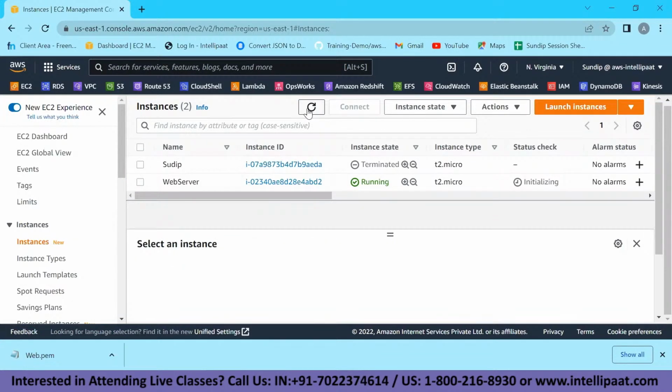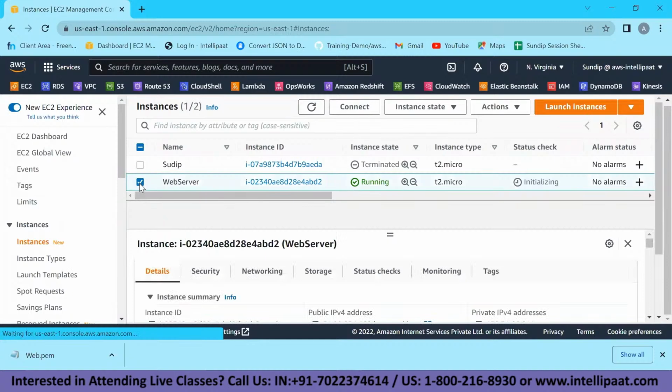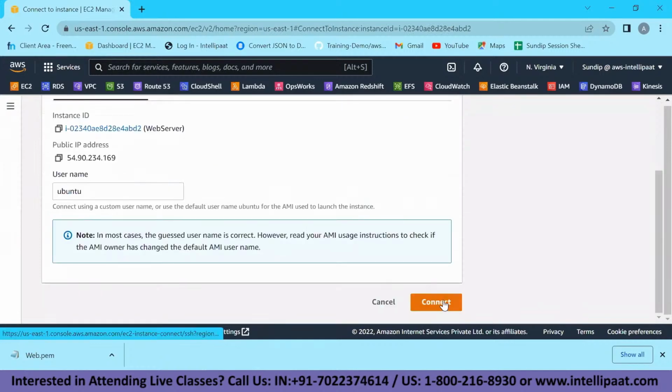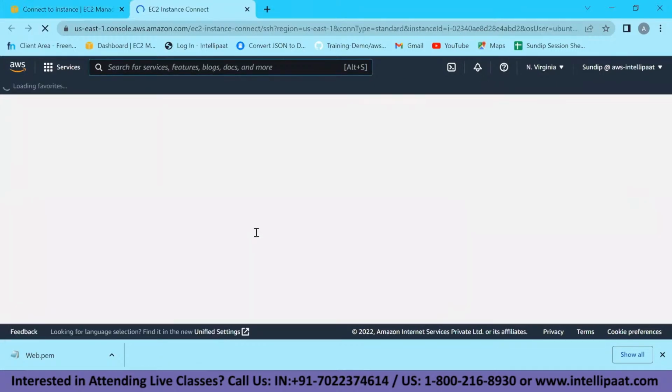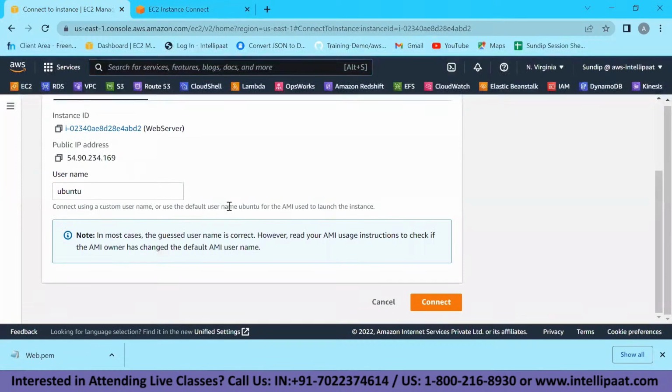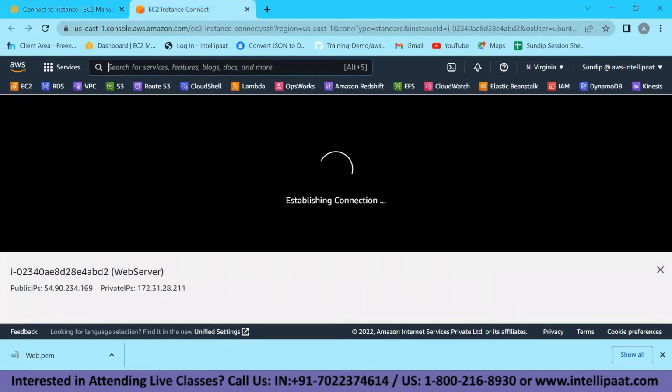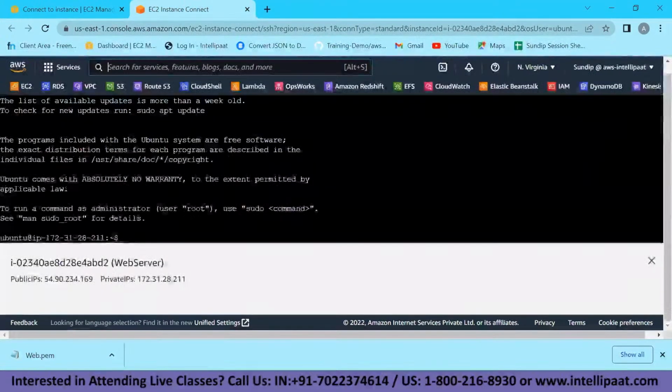There are several methods to connect to this instance. I can directly connect through this connect option, and it will connect over the browser itself. So what is the advantage of using AWS? You can see that I don't even need any external tool for the connection. I can directly connect from the browser itself, and now you can see that I am inside a Ubuntu machine